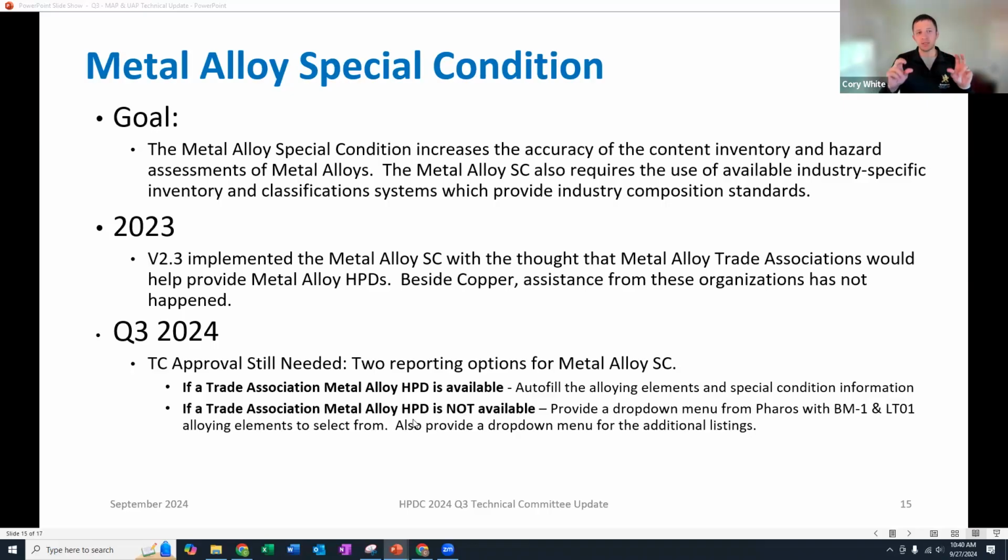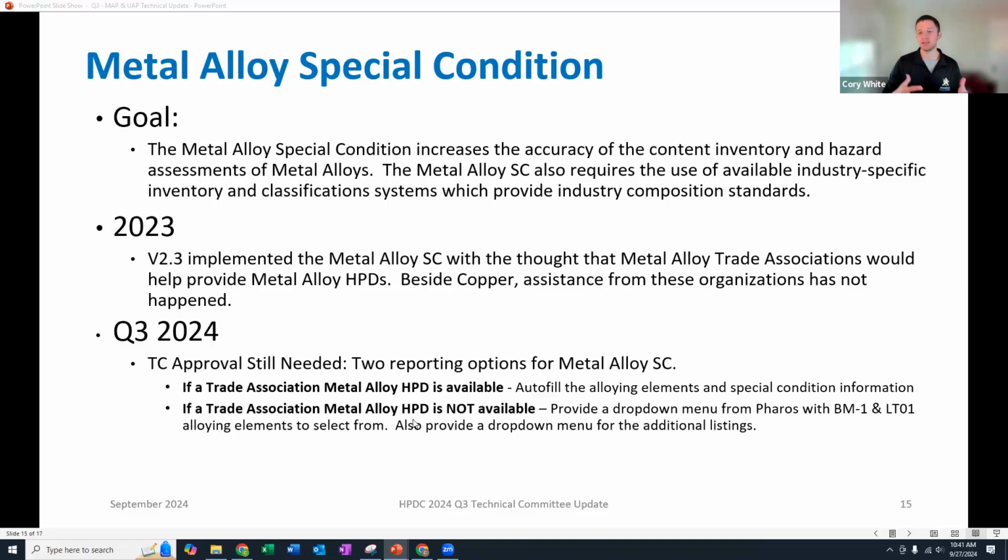If you use the special condition, those will not show up, because we know that once the metal alloy is locked into that metal, it doesn't truly pose a threat to human health. So it's going to be really important, because that's not going to show up in your summary if you use the special condition.